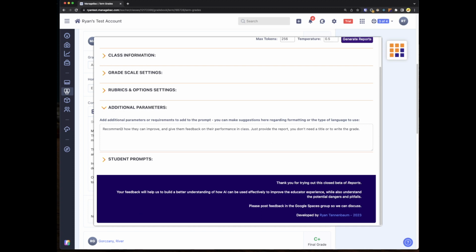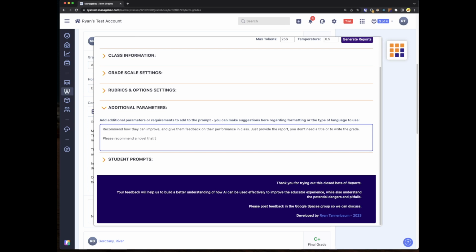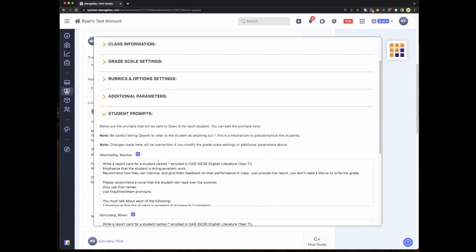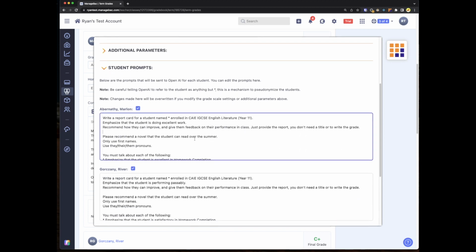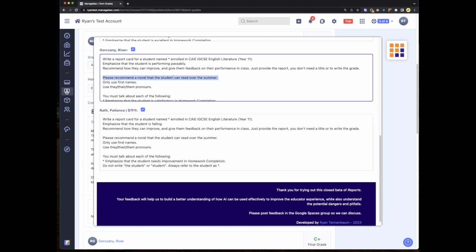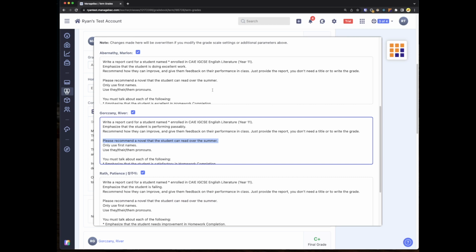Finally, under additional parameters, these are general comments. You can delete the stock ones that are in here. You can change it to say, like, for every student, I want you to do A, B, C, and D. So maybe, because this is an English class, we'll say, please recommend a novel that the student can read over the summer, you know. And then what that's going to do over here is it will actually add that to each of these prompts. So like if we go down here, you can see, please recommend a novel, please recommend a novel. So the idea was, yes, we can edit it on an individual basis, but like